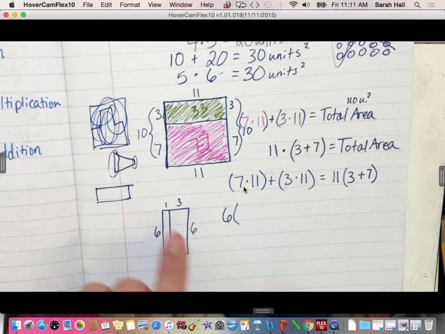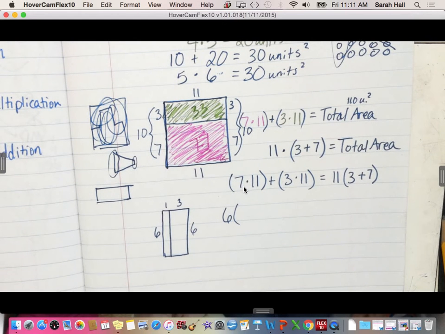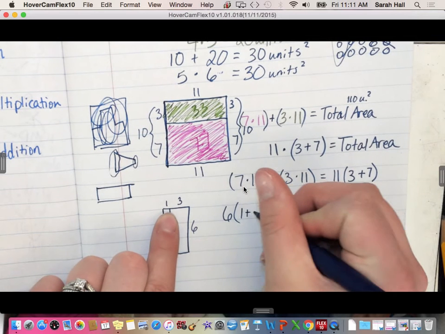And then what are the 2 things that I have to put together to figure out my other side? Elizabeth? What 2 numbers do I need to put together in order to figure out a whole side? 1 and 3. So 6 times 1 plus 3,